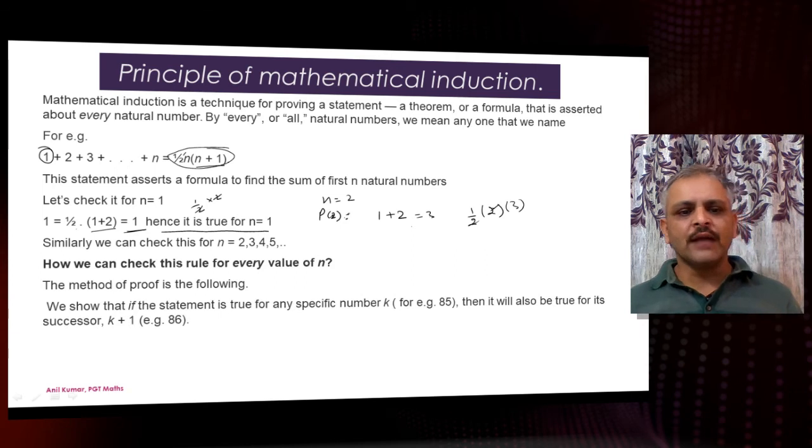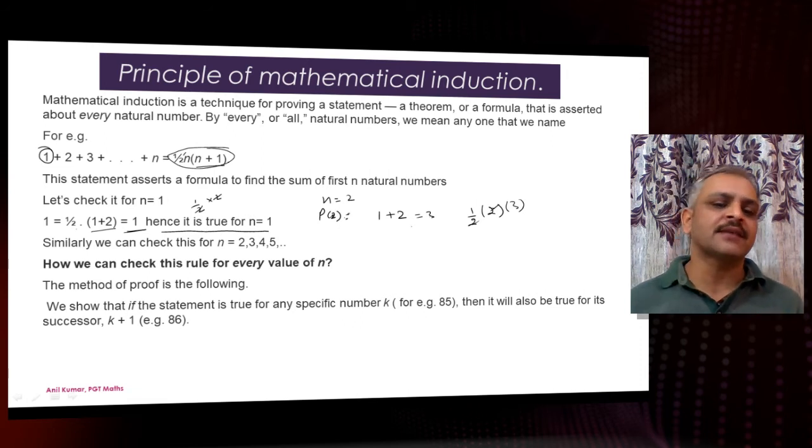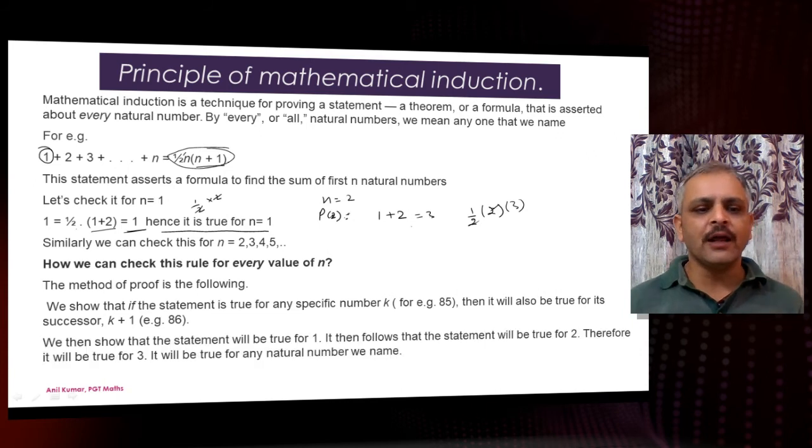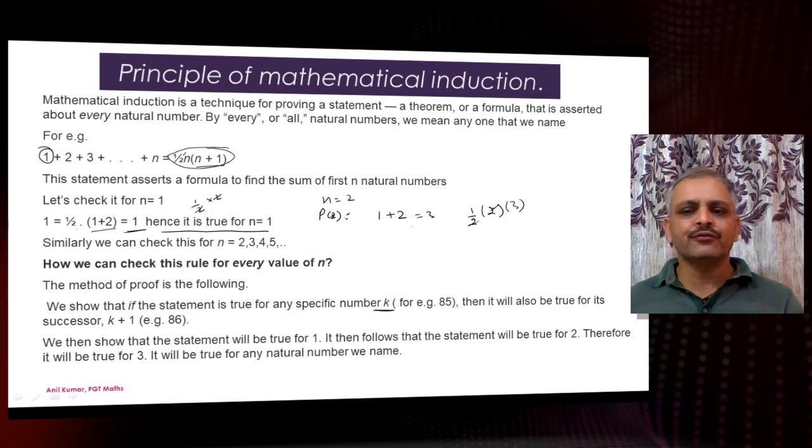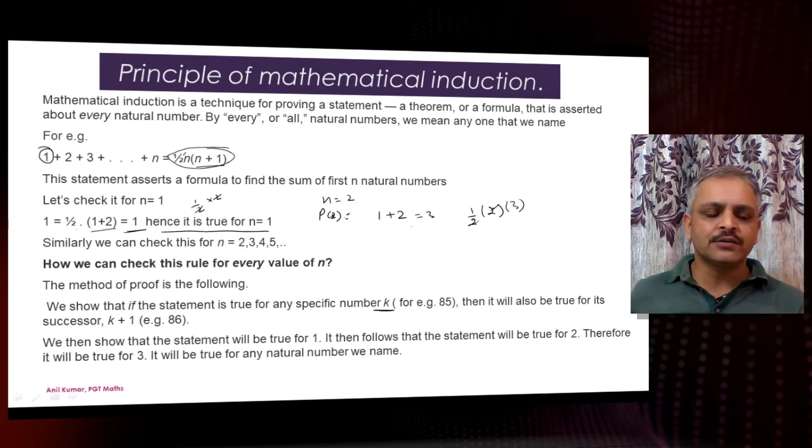Then show that if the statement is true for any specific number k, for example let it be 85, then it is also true for its successor, that is k plus 1, that is 86. So how will it help us? Then show that the statement is true for 1, then it follows that the statement will be true for 2. How? If I can prove that if a statement is true for k, then it is true for its successor, that is k plus 1,